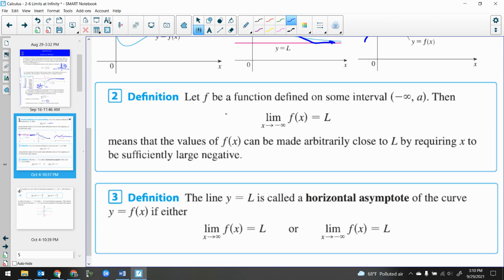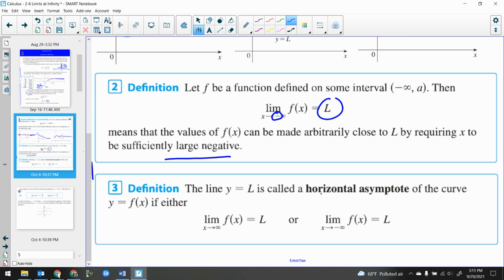So in our definition, we could include what's different here? Well, there's the negative. That's why that one is different. We could also make x go to negative infinity, so we could make it sufficiently small, arbitrarily small, going sufficiently large in the negative direction, and it's going to go to L as well. Okay? So we have these ideas of horizontal asymptote: the limit as x approaches infinity of f of x is equal to L, or the limit as x approaches negative infinity of f of x is equal to L.